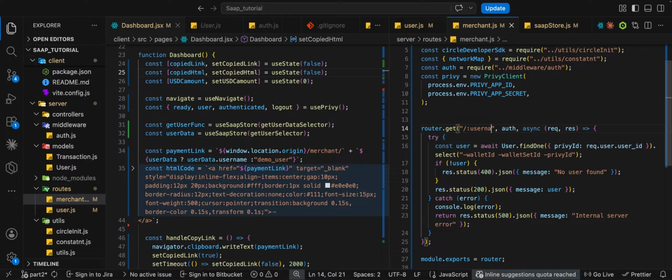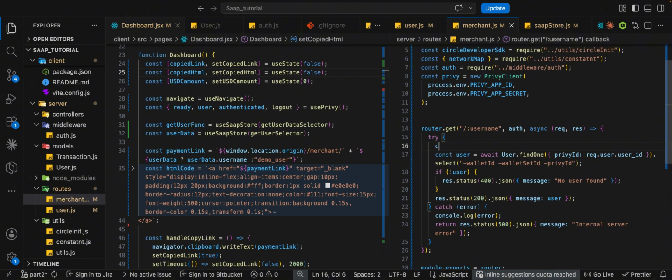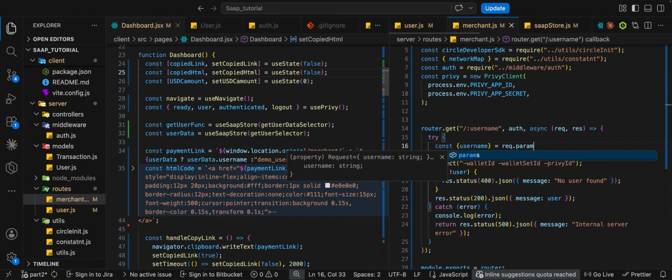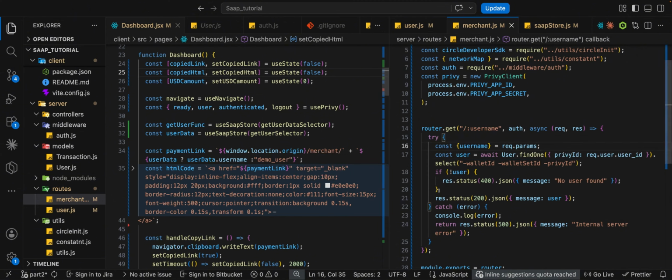So it's basically the same. This is for the username. We're going to pass in a username here. Just const username equals req.params, and instead of the user, remove this auth,